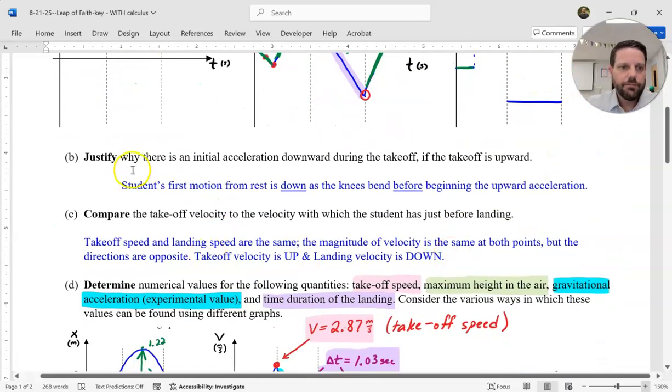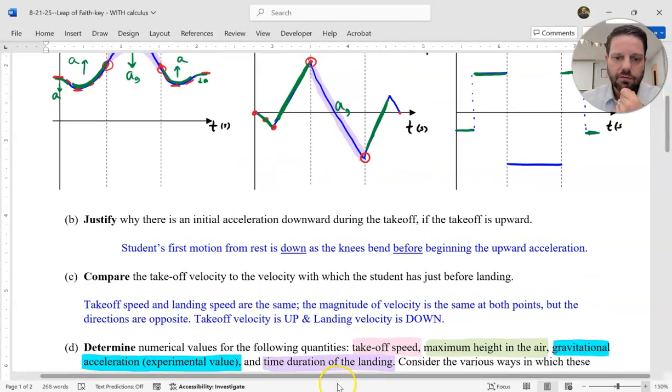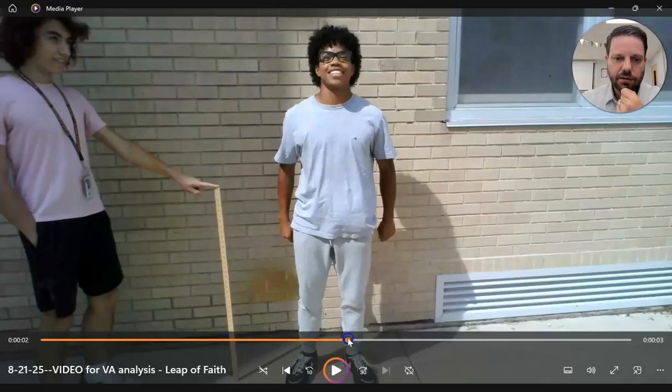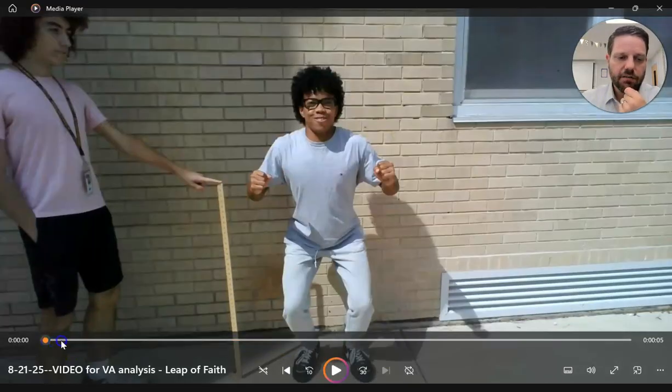So in looking at part B, justify why the initial acceleration downward during takeoff if the takeoff is upward. So why would we have an initial acceleration downward during the takeoff if the takeoff is upward? And that's of course because if we look back at our video here, although he's taking off up, he's going